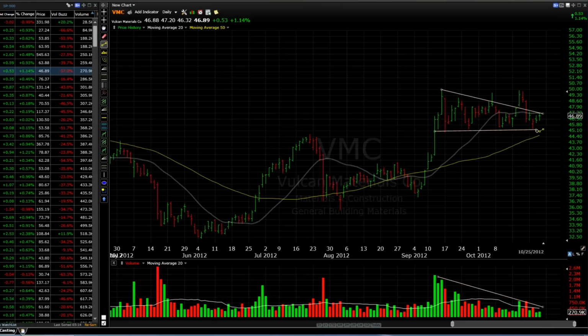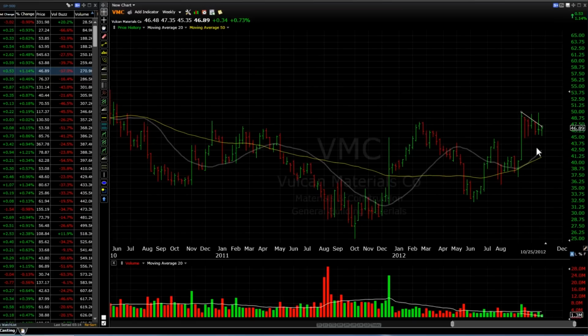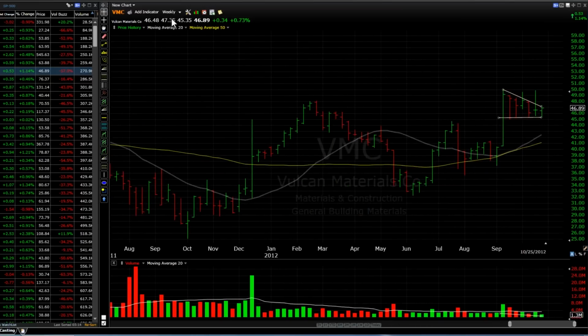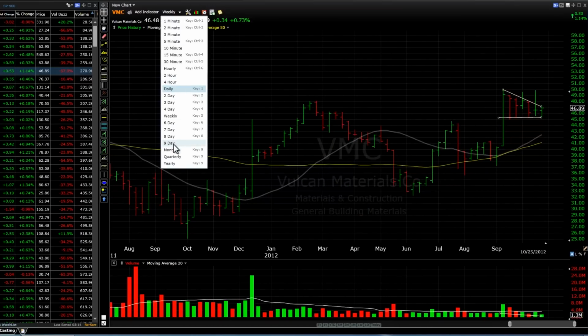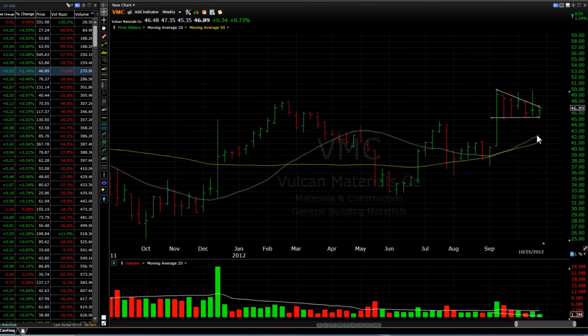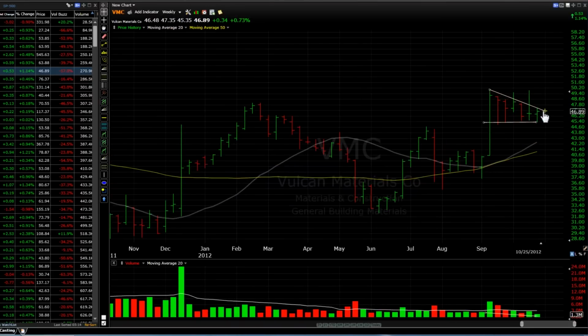And then the same thing here is kind of like a flag pennant thing happening. So I saw this really on the weekly. You can really see it more when you look on the weekly. So if you change your time view to the weekly from the daily, you can see that pattern forming much better, versus here you have the resistance level.